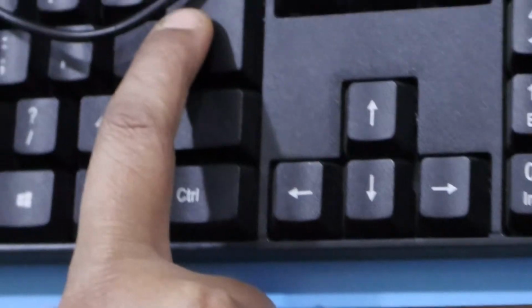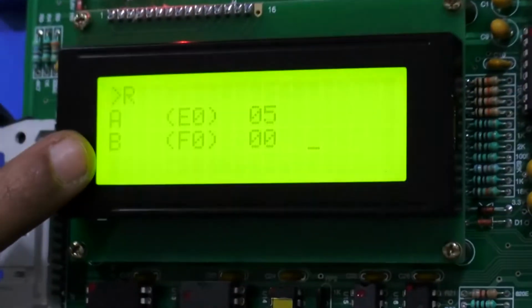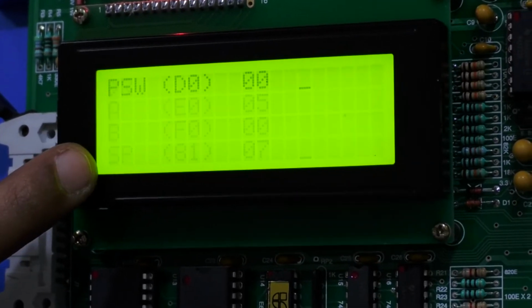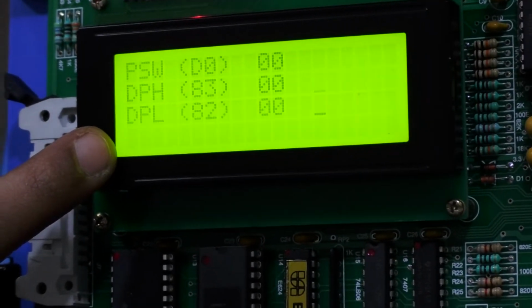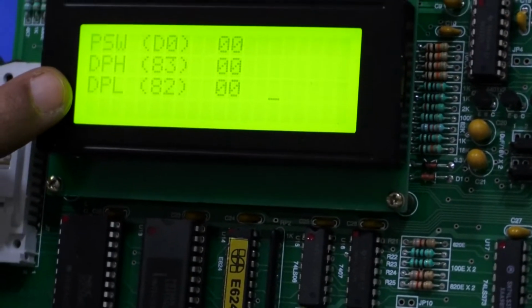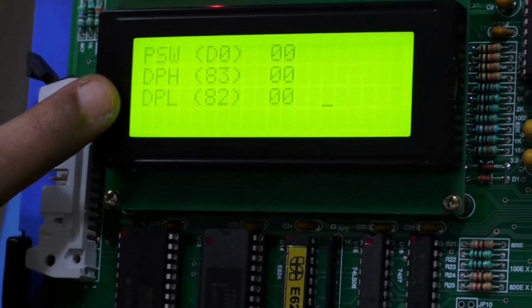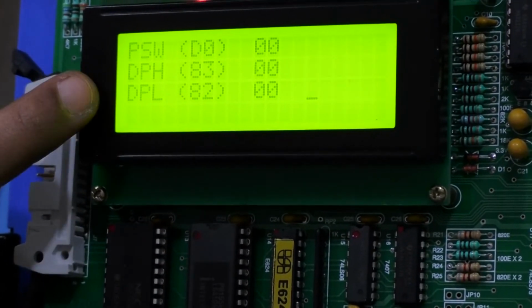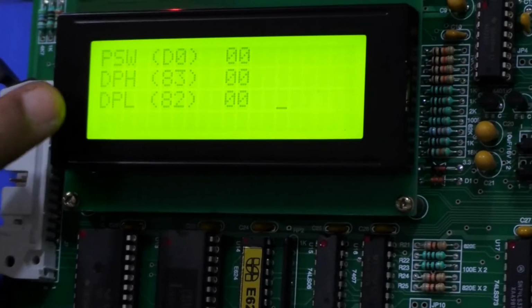If you click enter like this, on the display you can observe other registers like B, SP, PSW, DPH, DPL. All these are the registers available in 8051 microcontroller. But the only thing is we have to note down A register where our result 05 is stored.